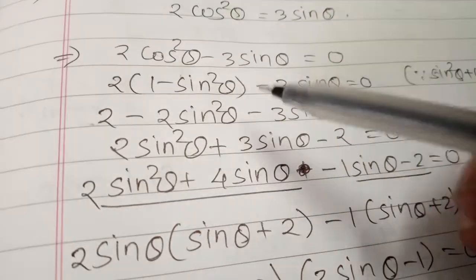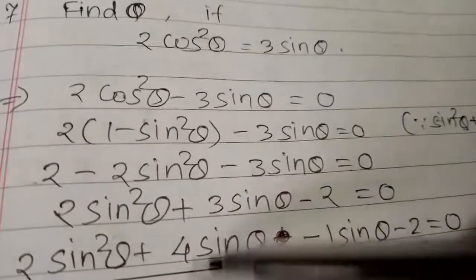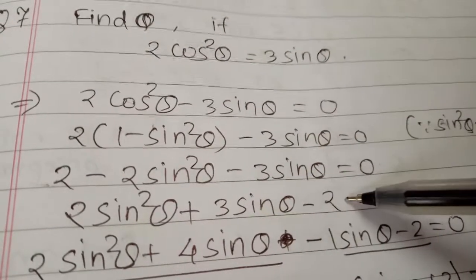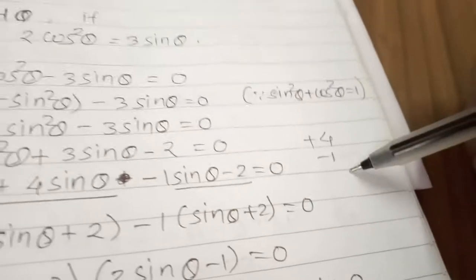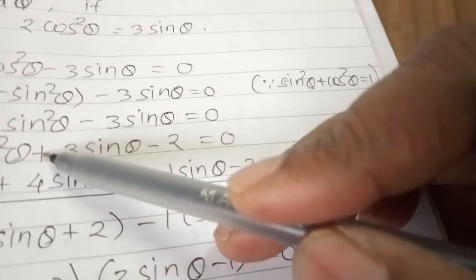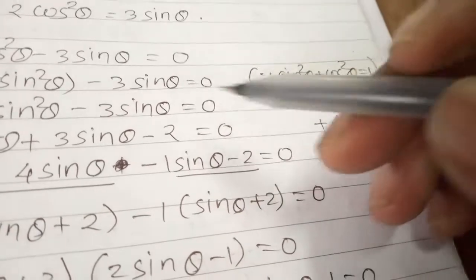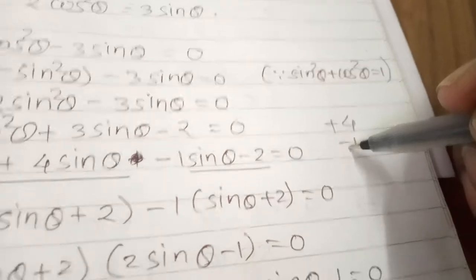So 2 sin square theta plus 3 sin theta minus 2. So here we get the quadratic equation. We can solve it as it is, or we can place as a x for this sin theta. So 2 into 2, that is 4. And so we have to find out the factors of 4 whose subtraction is 3. And so the factors are 4 and 1. We always give the middle number sign to the large number, that is plus 4. And to get this minus, we have to write here minus, because plus minus is minus.